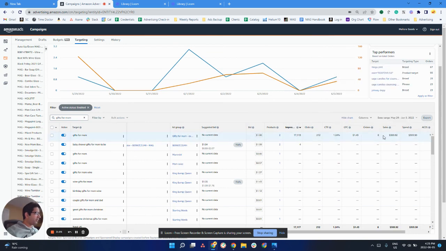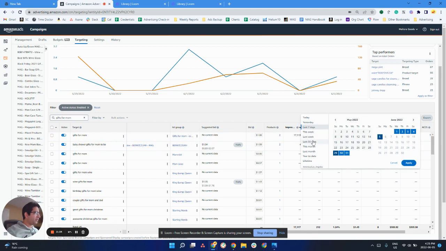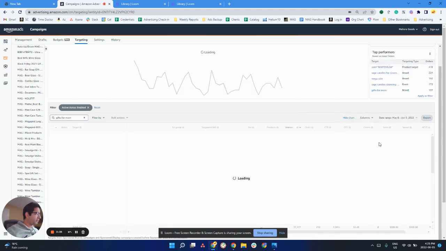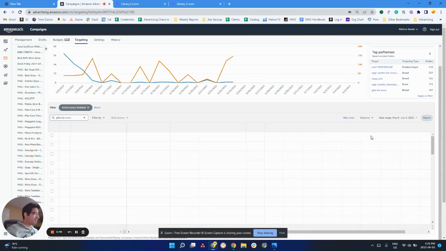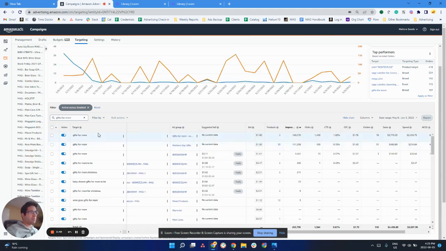As you can see, in the last 7 days, we got 8 orders for the term gifts from mom. Let's see how much we got in the last 30 days. In the last 30 days, we got 76 orders, and in the last 7 days,